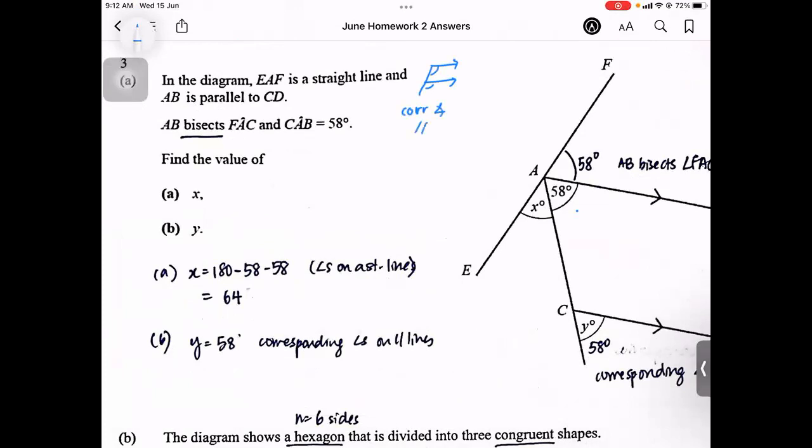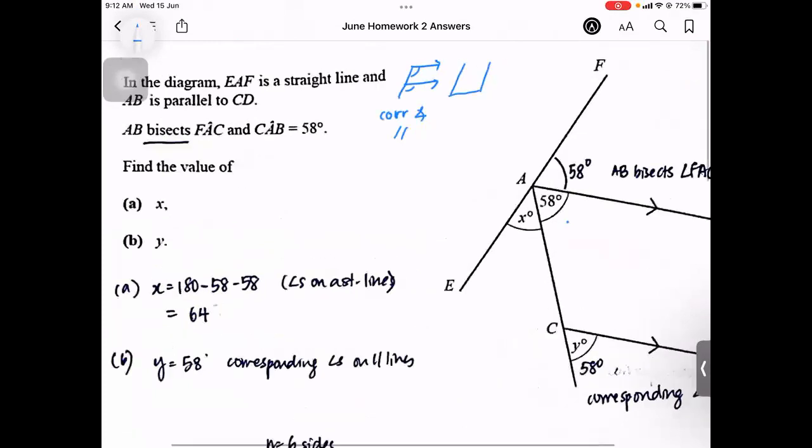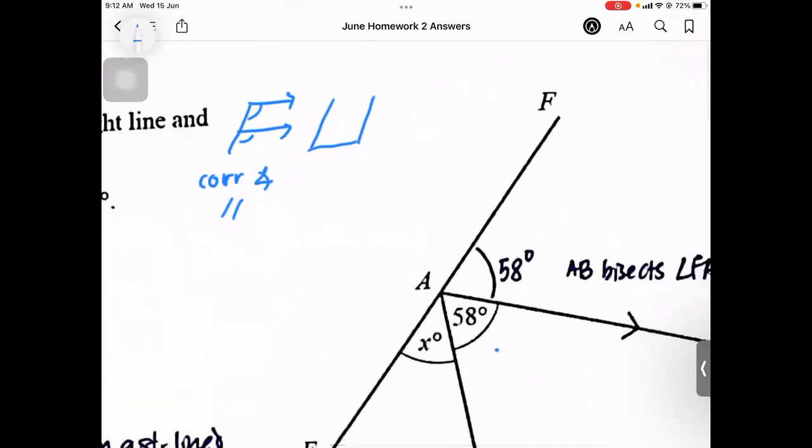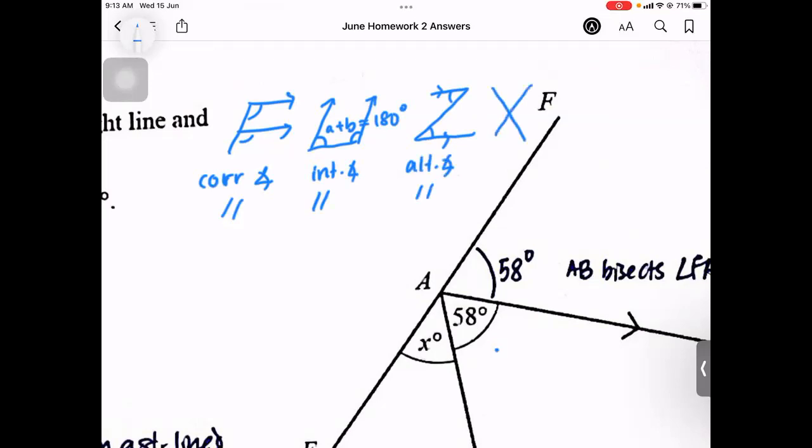Corresponding angles on parallel lines. Then the next one that looks like that. Okay, maybe I'll just zoom in a bit more. Interior angles on parallel lines. Okay, this one is interior angles on parallel lines. Then alternate angles on parallel lines. Then the last one, vertically opposite